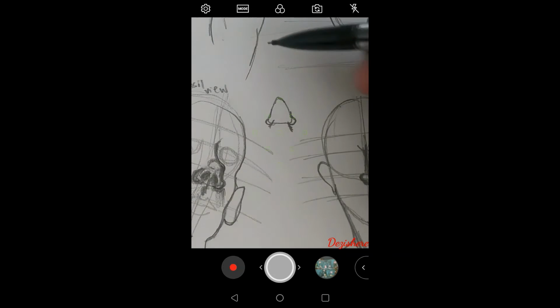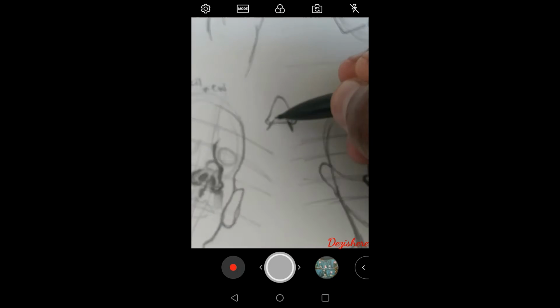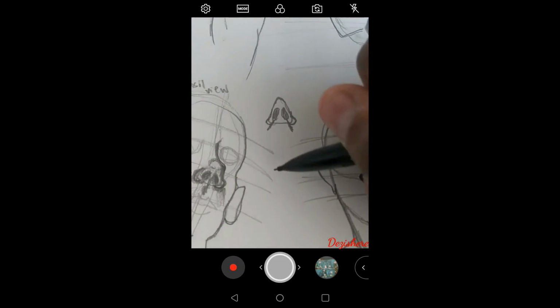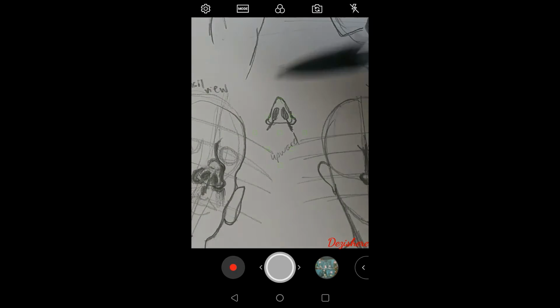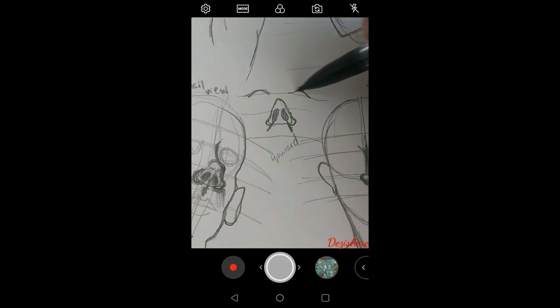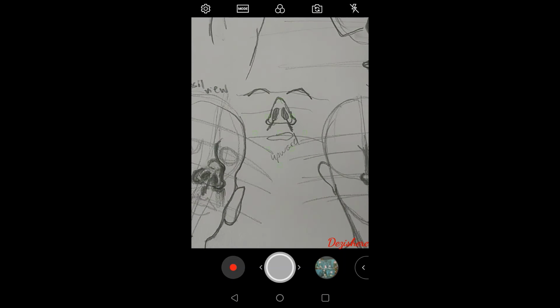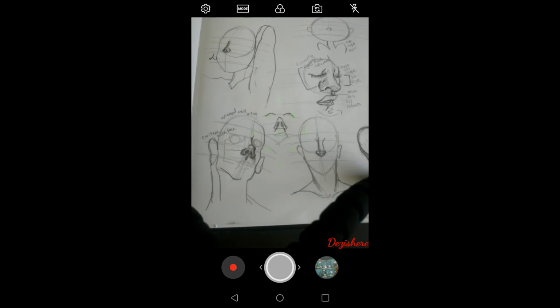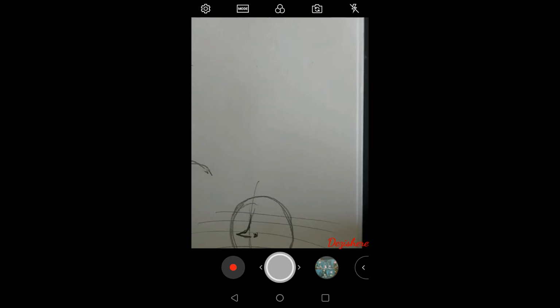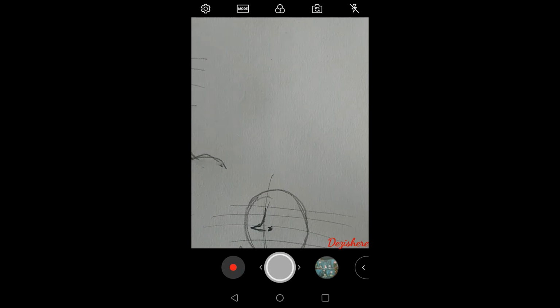And for this, I'm going to do just a quick one on how, for example, if you're looking up at someone, how it's going to be positioned. You've got to get a clear view of the nostrils, like the nose holes, and how it's going to look perception-wise. You're going to see a lot more in the nose. The eyes are going to be a little less, and the mouth is going to just be right there. As you see this overall view,